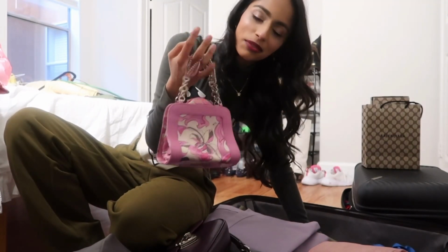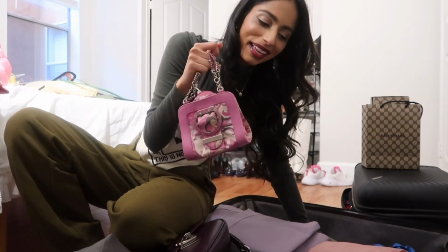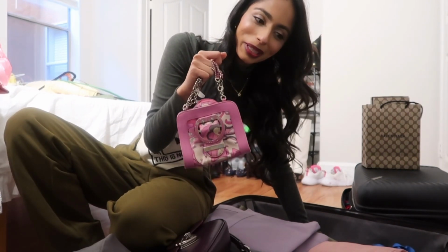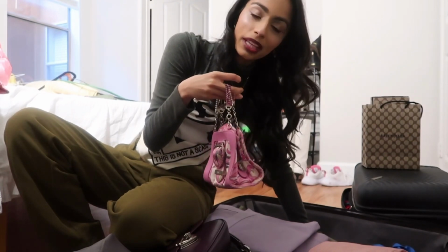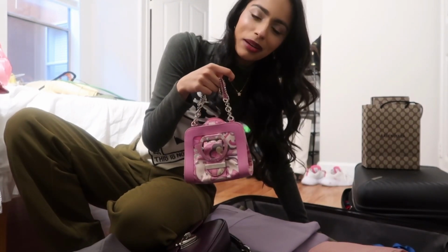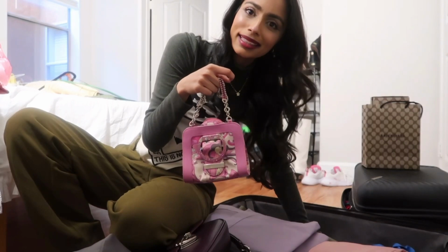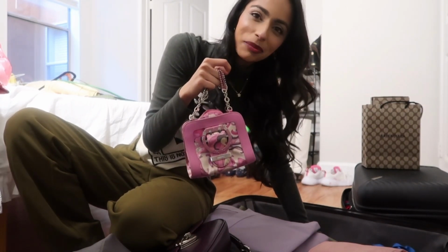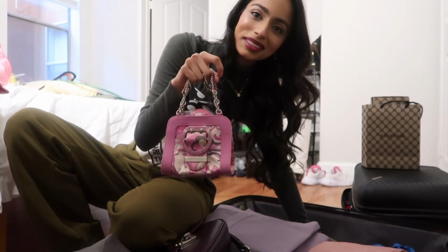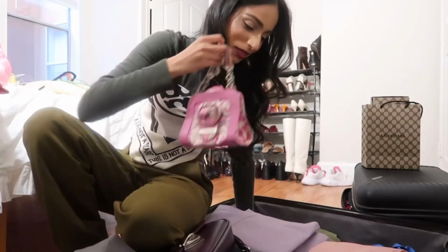If you guys don't know the story behind this, it's my aunt's bag that she was never using. She gave it to me when I was really young, probably like 15ish, and I was like, what? Okay, I'll take it. And I never used it until I turned like 19 probably, and then it was wow. So I'm going to be taking this one, and